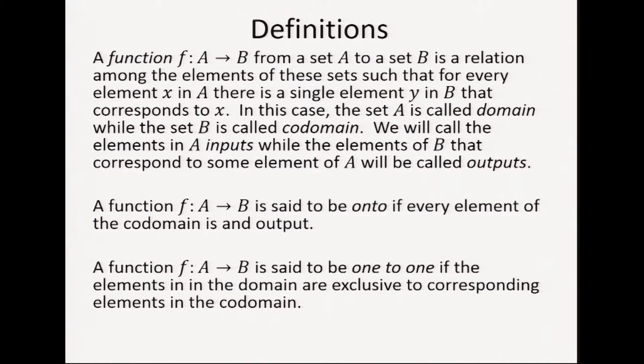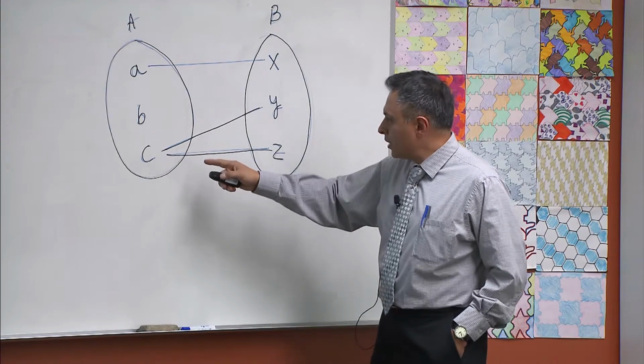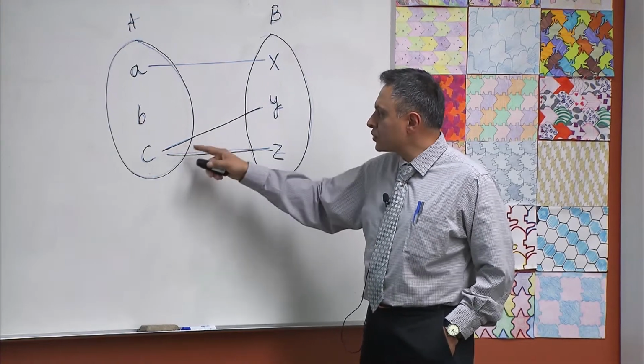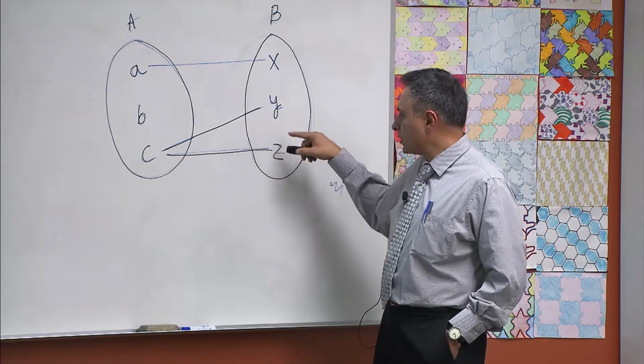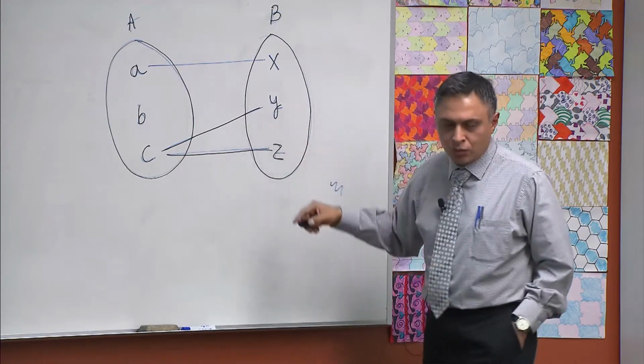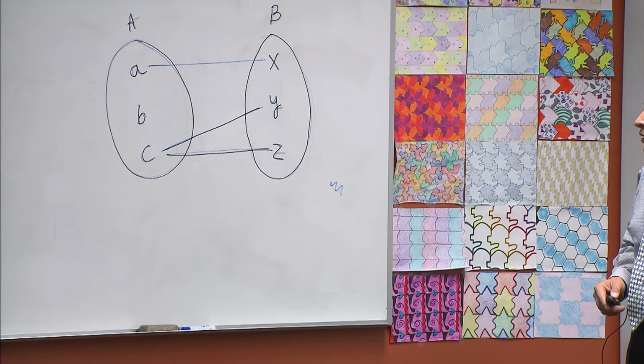One of them is that every element in the domain has to have an image, and the outputs of each one of the elements in the domain has to be single. We cannot have this situation where there is two. We're going to be considering